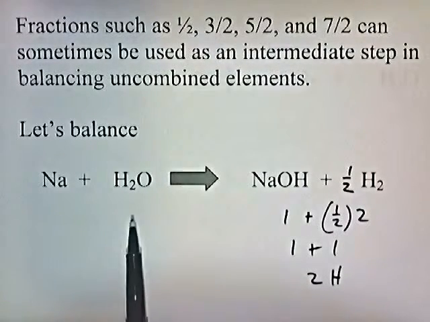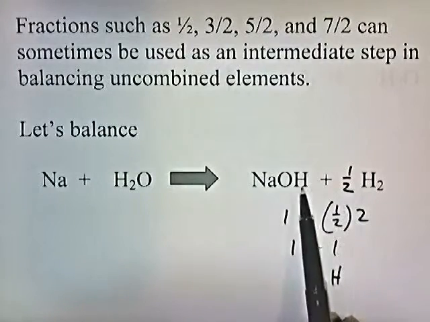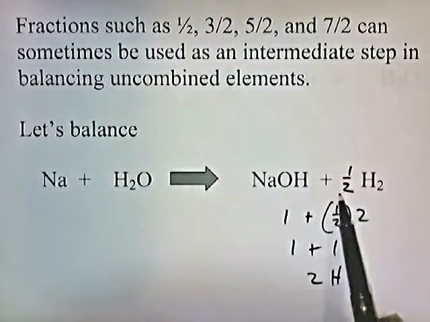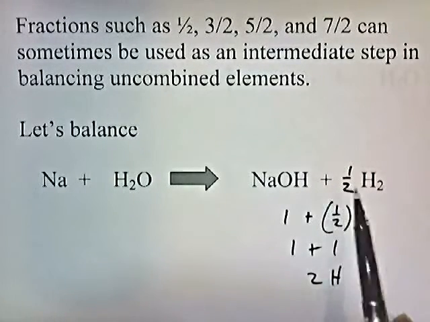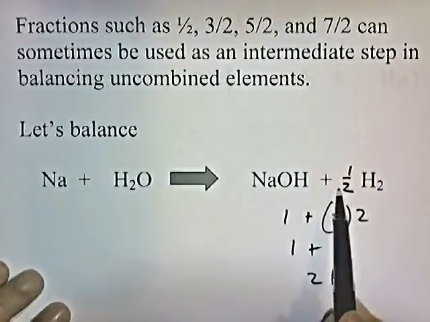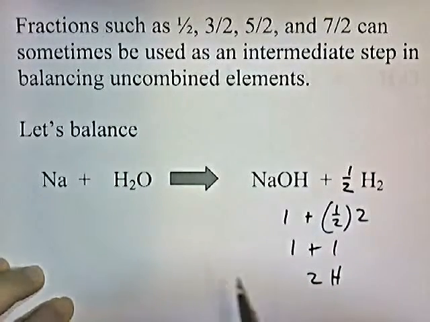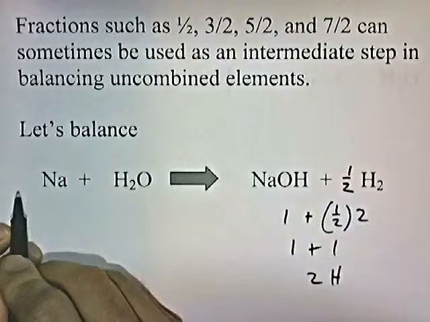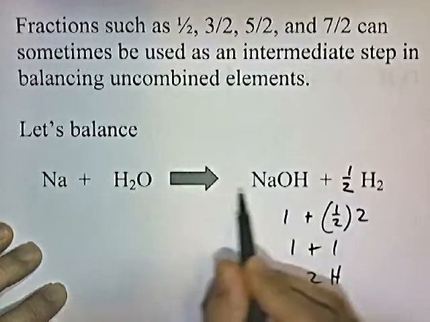1 sodium, 2 hydrogens, 1 plus 1, because 2 times 1/2 is 1, so we have 2 hydrogens here, so it's balanced. Now, if we don't want fractions in our equation, we can get rid of them by multiplying the coefficients in front of each substance by 2. So 2 times 1/2 is 1, so we'd end up with a 1 in front of here. So let's do that. I'm just going to multiply all the coefficients by 2 and